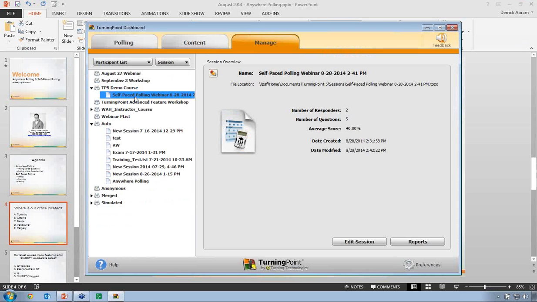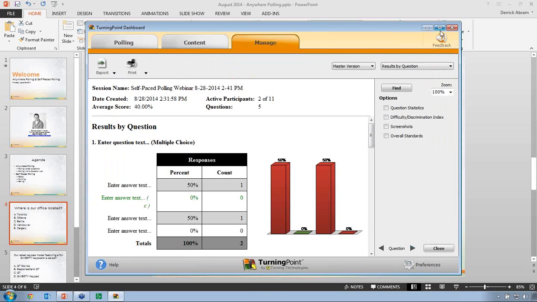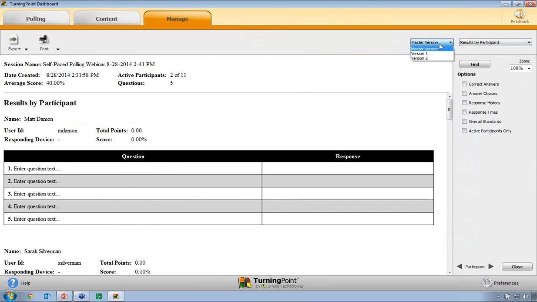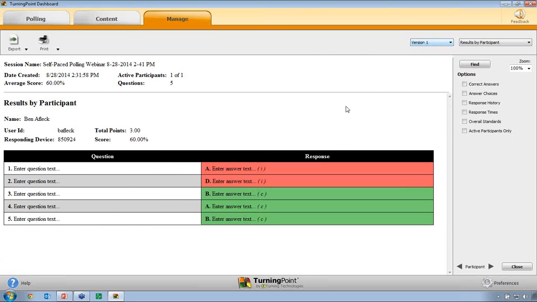Okay, now when it comes to reporting, it's the exact same thing that we've seen with Anywhere polling and PowerPoint polling. From our Manage tab here, I now have my self-paced polling webinar session automatically grouped to my TP5 demo course participant list because that's the one I used. So when I hit reports, what's going to happen now is I can look at version number 1 and I can see, okay, let's see how Ben did.